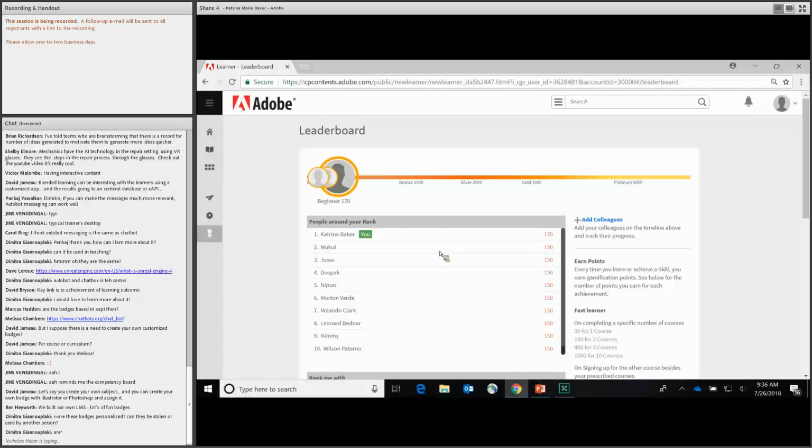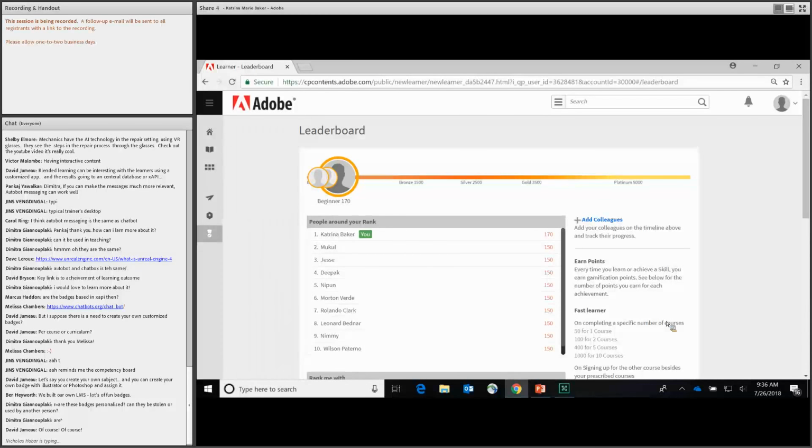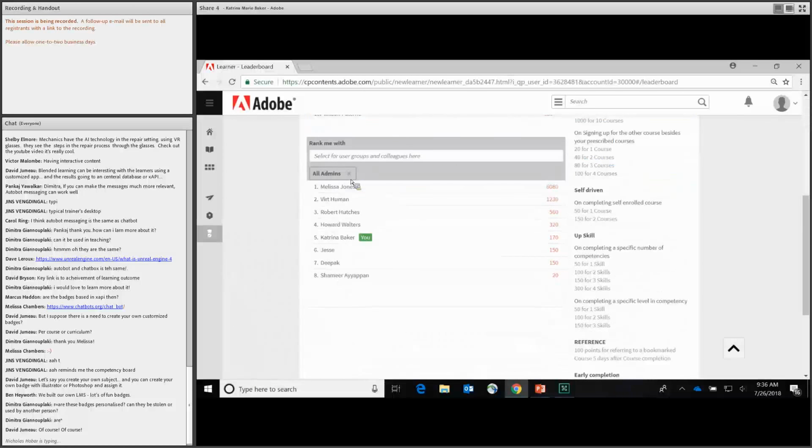I've come in here and here I am at the top. Of course, I'm at the top. So you can see here all of the rankings of the people around my rank. So this is actually driven by the HRIS. It can see kind of the structure of your organization. And it's giving me an idea of how I rank with essentially my group members, David. So you can also select user groups and different things. Like down here at the bottom, I typed in all admins because there's lots of administrators within this team.